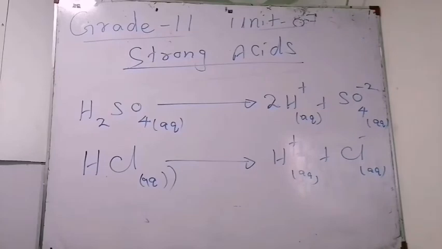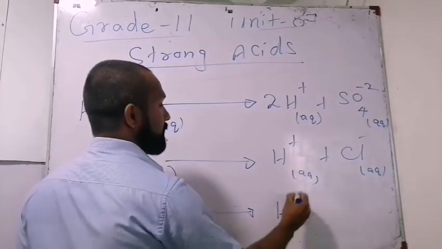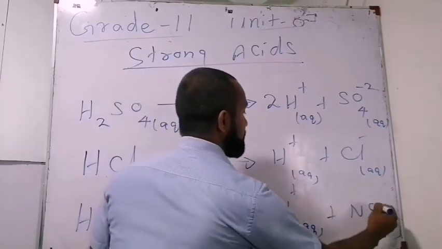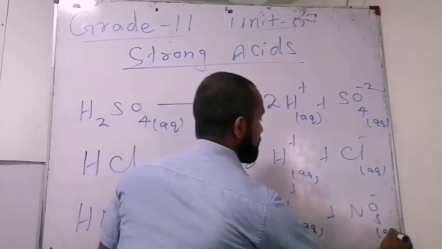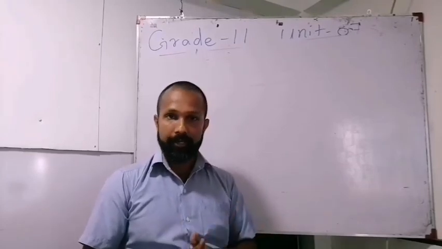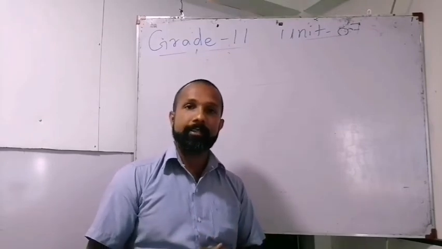If we consider nitric acid HNO3, it ionizes as H plus and nitrate ion NO3 minus. About weak acids, as you learned earlier, carbonic acid, acetic acid and phosphoric acid are examples